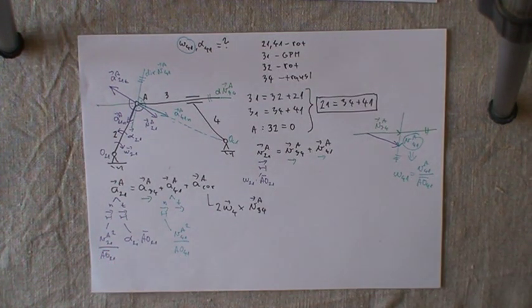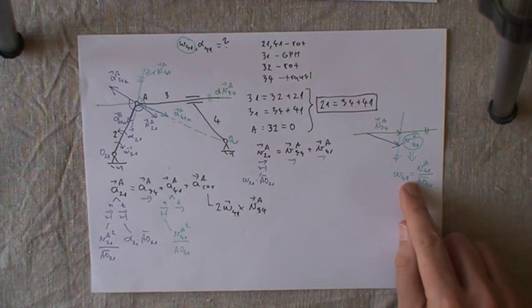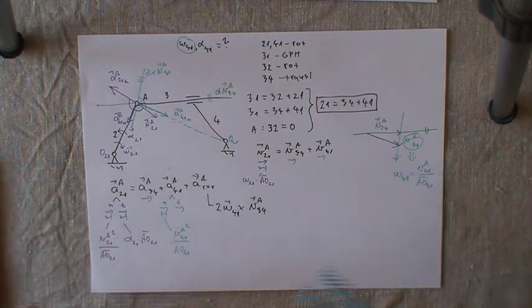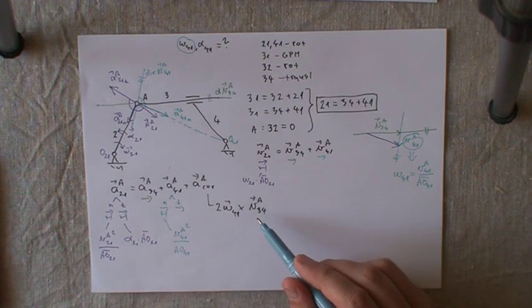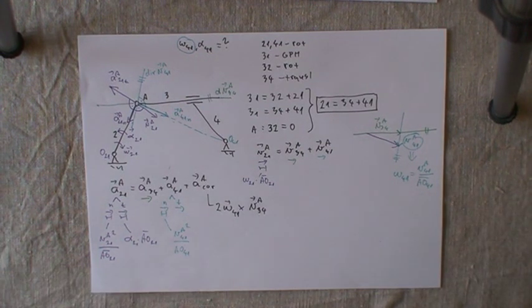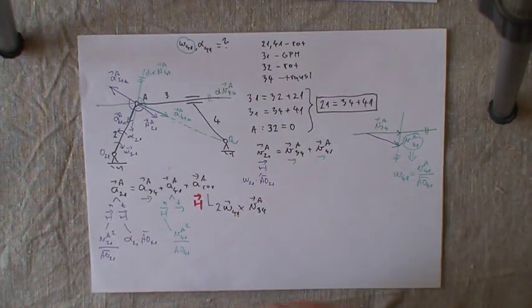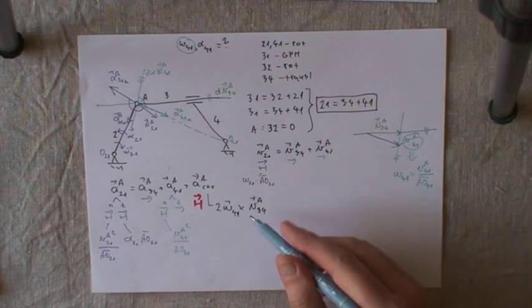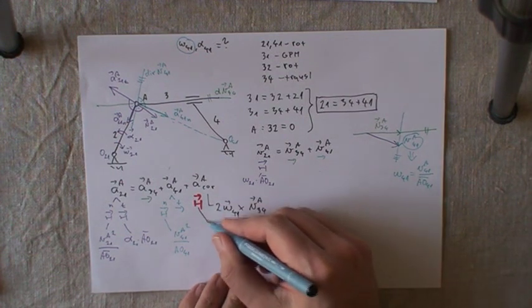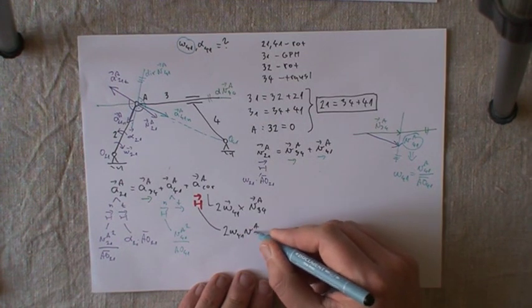So omega 4,1 we know from here, right? And VA34 we know from here. So for the Coriolis we know everything. We know both direction and the magnitude, because this is a planar task, so the magnitude is 2 omega 4,1 VA34,